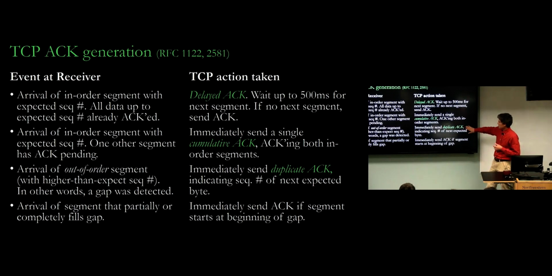In that case, the receiver should send back a duplicate acknowledgement immediately. It's called a duplicate acknowledgement because it's an acknowledgement with a low acknowledgement number that you already sent previously, which indicates the sequence number of the next expected byte, basically that gap that you haven't received yet. The beginning of that gap will be in the acknowledgement that you send back, and that acknowledgement number was already sent back previously, which is why it's a duplicate acknowledgement.